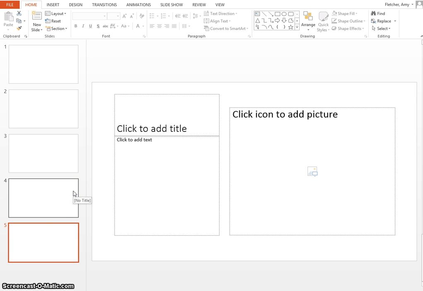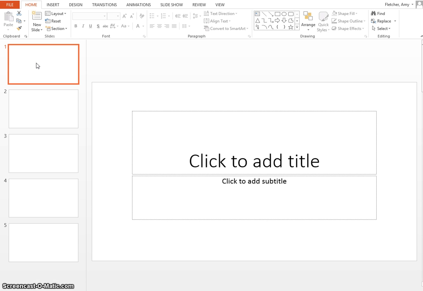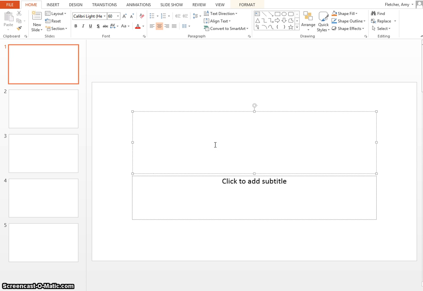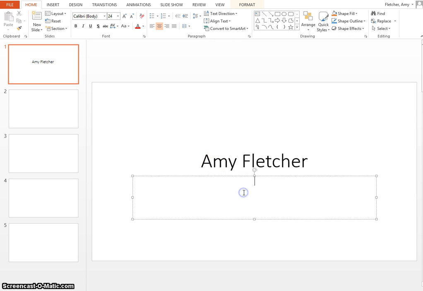Alright, in the navigation pane, go back up to the first slide. It says on slide 1, click where it says click to add title, and then type your first name and last name. Okay, and click in the box that says click to add subtitle, and then type a description about 2 of your favorite things. Okay, well, my favorite things are Bailey